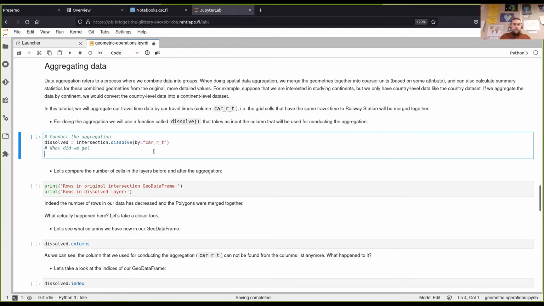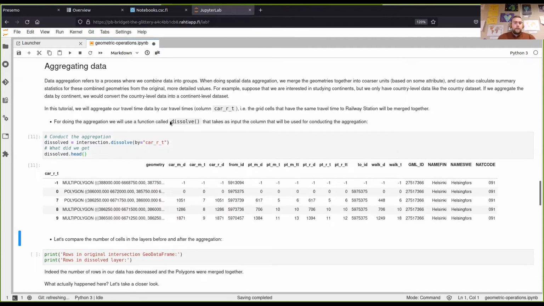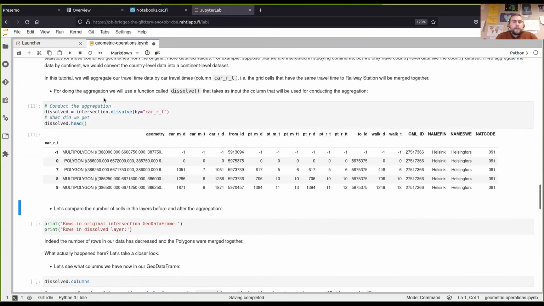So let's check out how our dissolved layer would look like. If we print the head here, we can see that when we dissolve it, we get a new index to the left here of our data. We still have all the geometries and the different columns that we also saw earlier, but we have a new index here that starts with -1. So -1 in the travel time matrix is